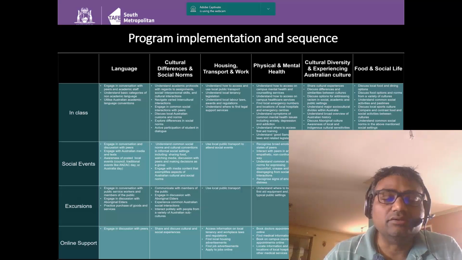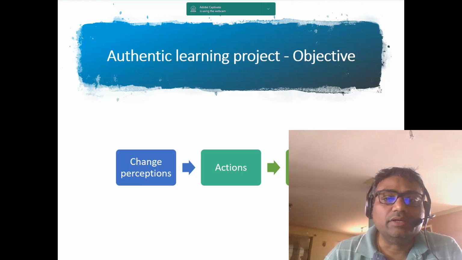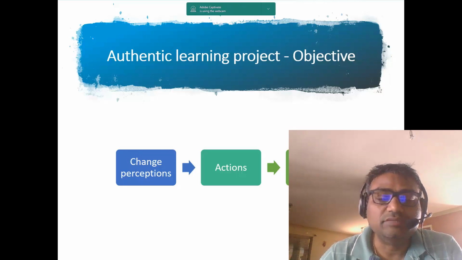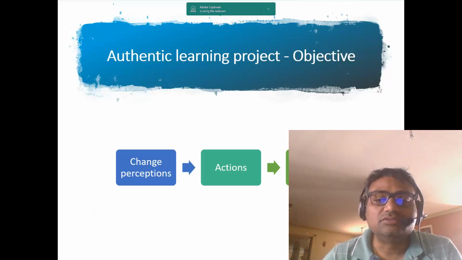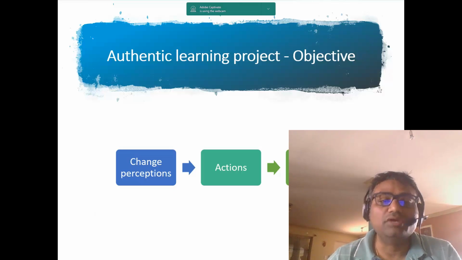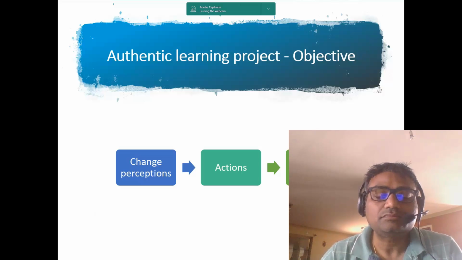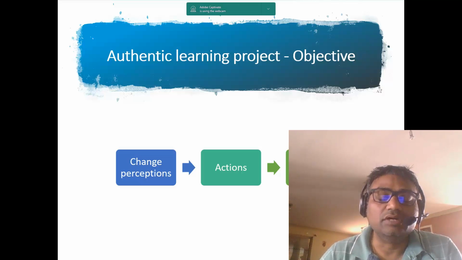And that's the plan. The authentic learning, some of the stuff I have done and that I want to apply through the curriculum development program. The objective here is to change the perceptions, not to really change the identity. A lot of the time as an international student, I try to change my actions and see the results. That's a sort of experimentation I have been doing ad hoc, and it's a similar experience for others, my mates in my group or my buddies, but the true change will come with the change in perception.